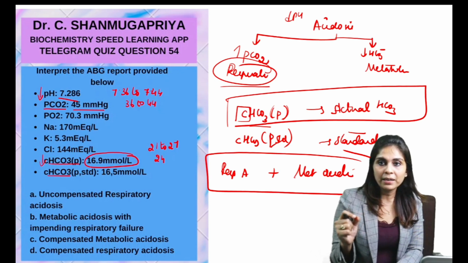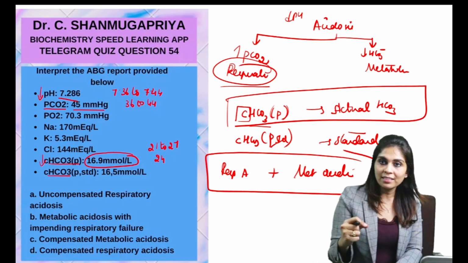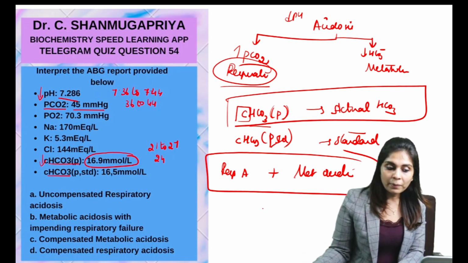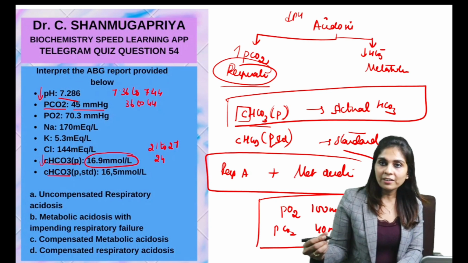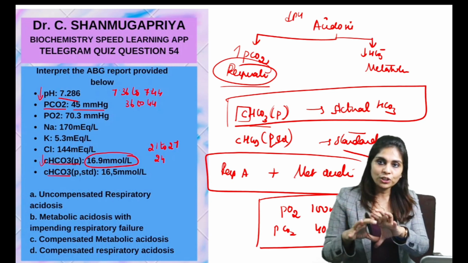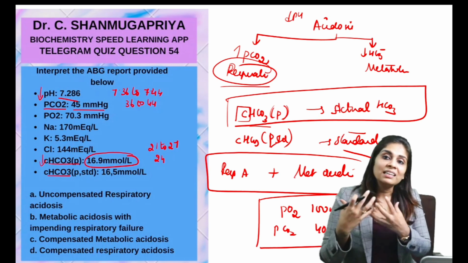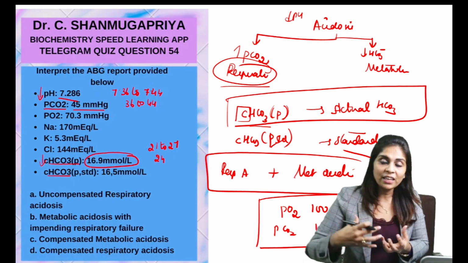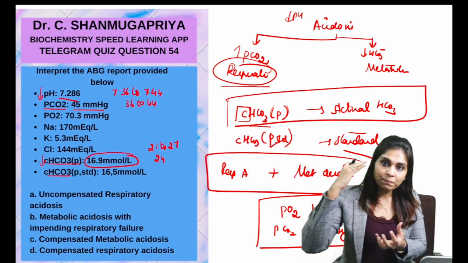Now, what is a standard bicarbonate? It's also a calculated value, and here the calculation is based on the assumption that the given blood sample is equilibrated with a solution of normal PO2 and normal PCO2. Do you understand this? Standard bicarbonate is a calculated value wherein we assume that the given blood sample is equilibrated with another solution of normal PO2 and normal PCO2. Or in other words, we are trying to guess what would be the bicarbonate concentration if the person's respiratory center is working properly. So after you correct for the respiratory defect,